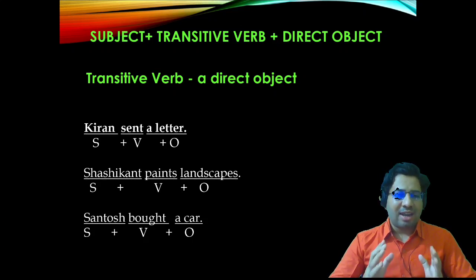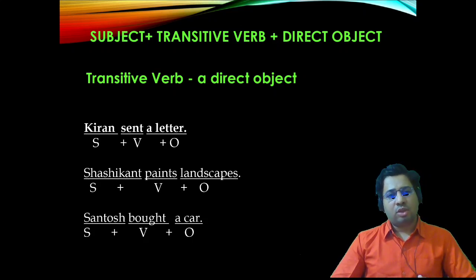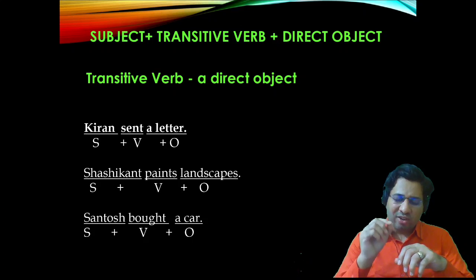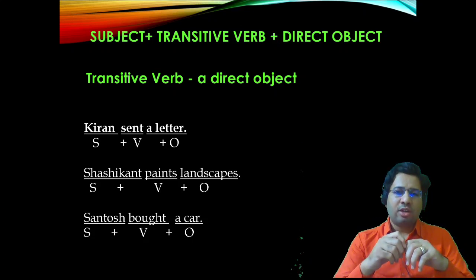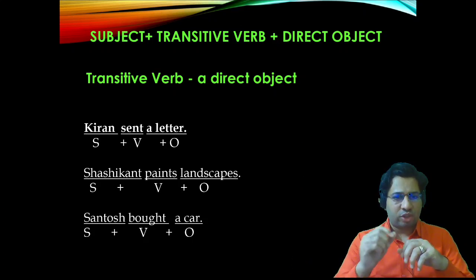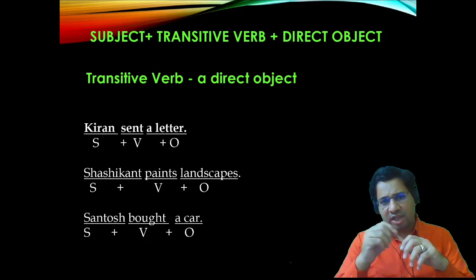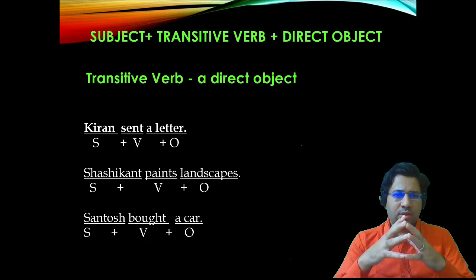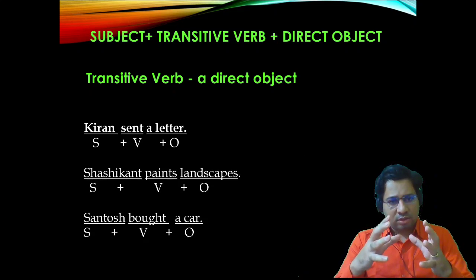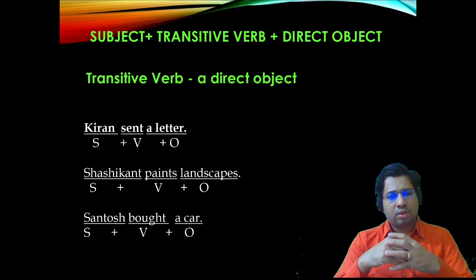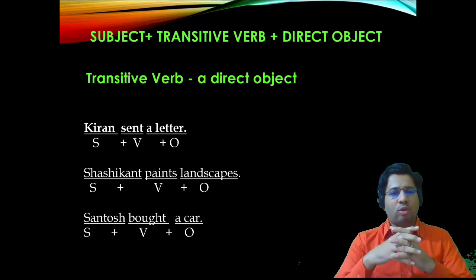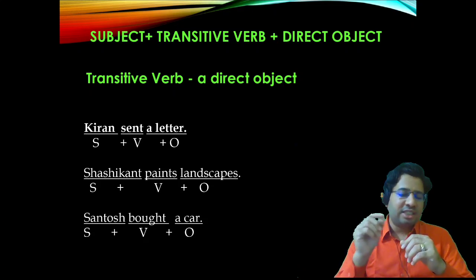Shashikant paints landscapes. Santosh bought a car. So, in each of these examples, you can find the direct object by asking a series of questions. In the first example, you ask Kiran, the subject, sent what. So, the answer is a letter, that is the direct object. So all the other examples